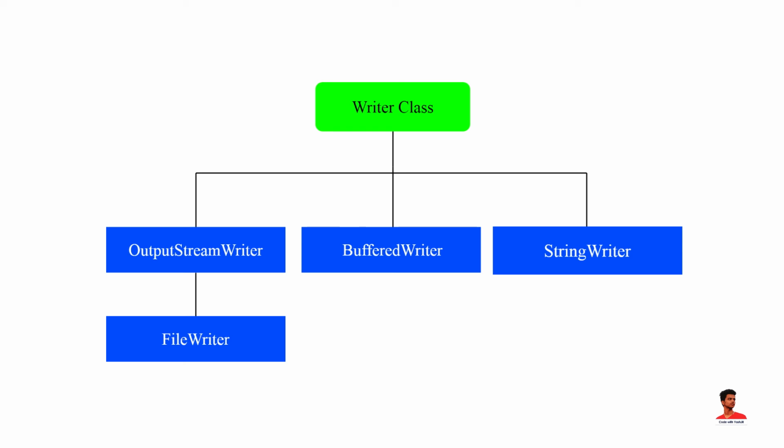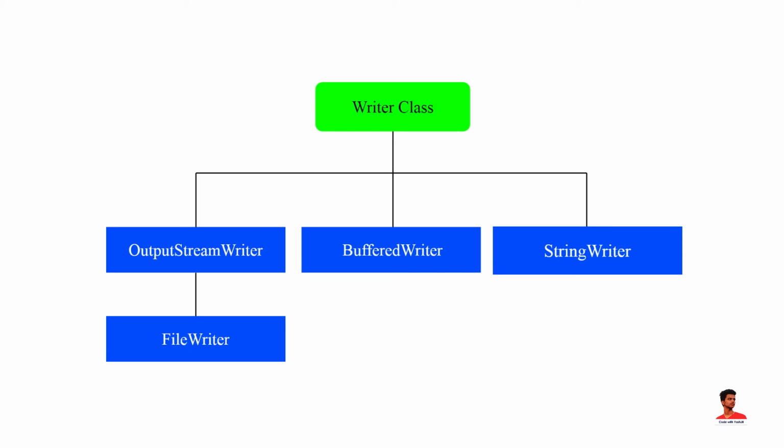The StringWriter class of the java.io package can be used to write data to the string buffer. It extends the abstract class Writer. Objects of String are immutable and objects of StringBuffer are mutable. We can modify the string buffer. To convert a StringBuffer to a String, we use the toString method.